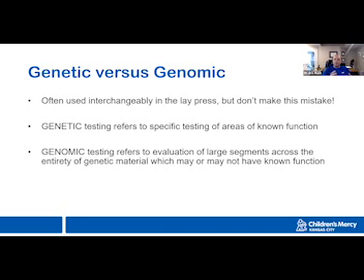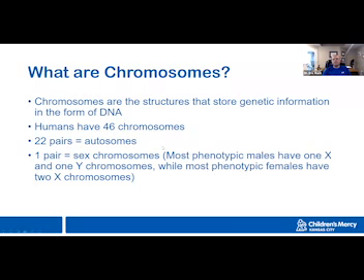Genomic testing, in genomics, refers to the whole totality of what we know and what we don't know about a person's genetic makeup. So if you're doing what we would call whole exome or whole genome sequencing, where you're just looking at everything, that's what we would consider to be genomic testing. And some of the difference is not just the scale of it, but is also that we're looking at areas where we know what happens when they're not functioning correctly, but we're also looking at areas where we don't know what happens when they're functioning correctly.